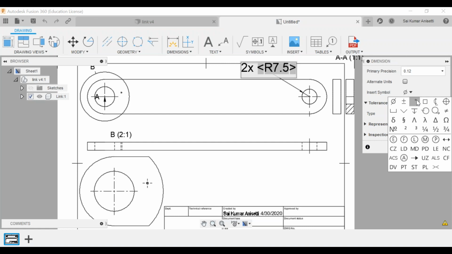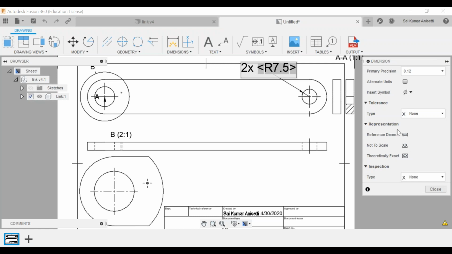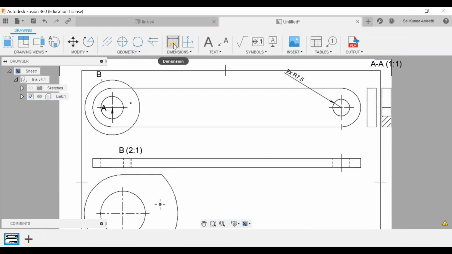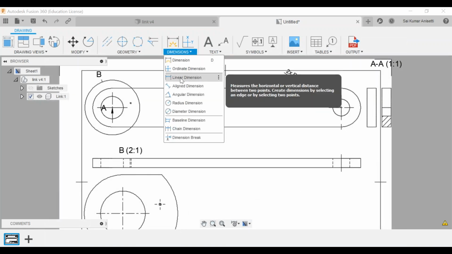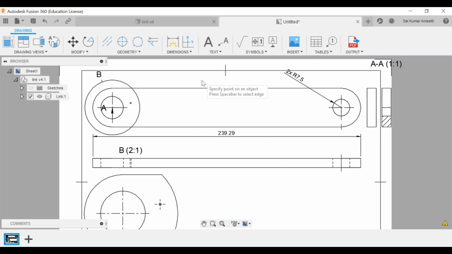You can enter your diameter. If it is diameter, you can enter your diameter symbol. Okay, you can add the tolerance symbol and everything. Repetition is allowed, reference dimension. So these are the kinds of things you can play around with. And if you want diameter, length and everything dimensions, I want to give a linear dimension. I'll go with this point to this point. I'll give some value to it, linear dimension. All dimensions are in mm by default. Okay, that you have to remember.